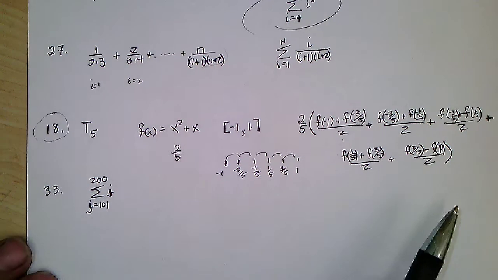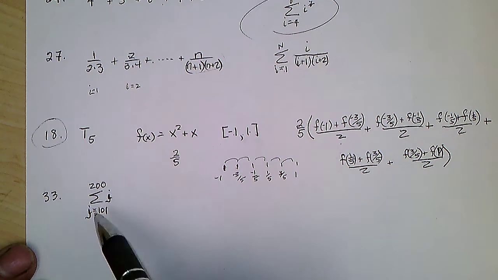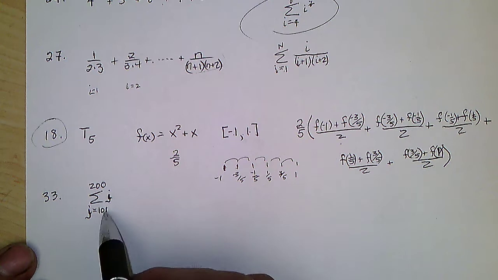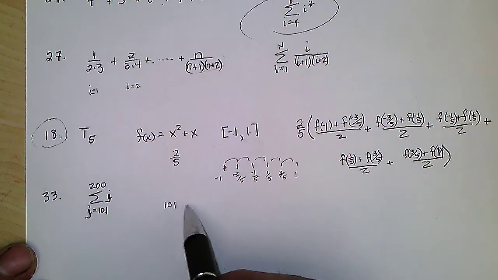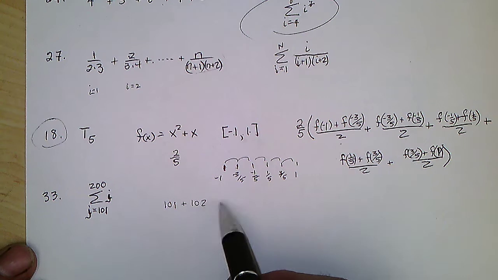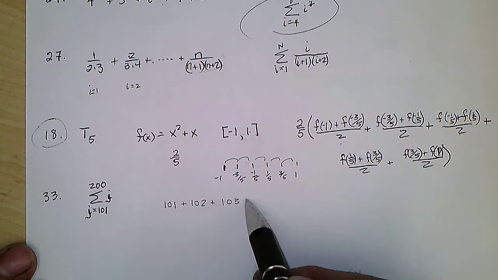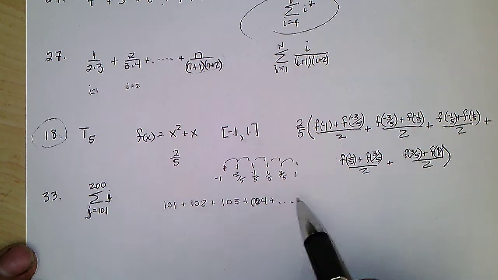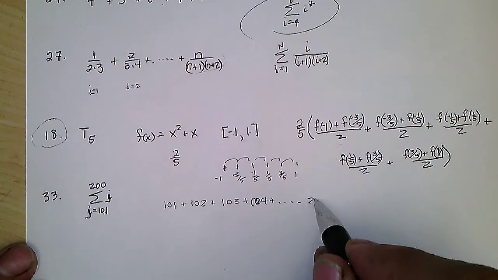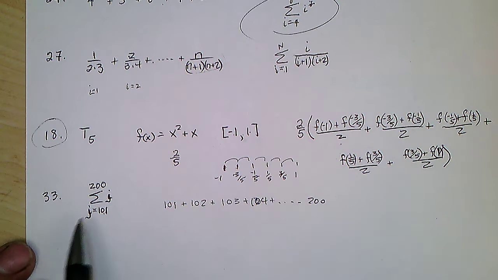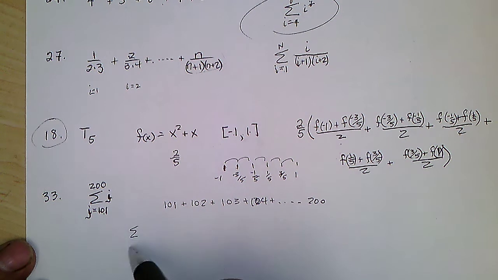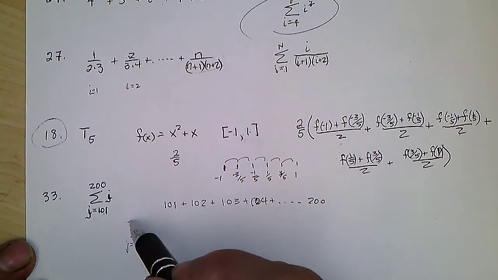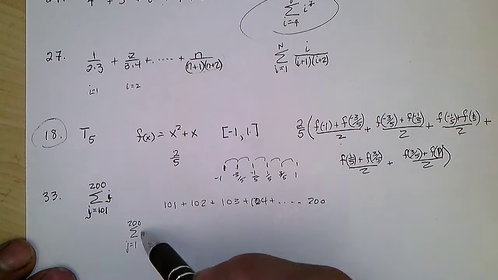Okay. This said add the numbers. This says if j starts at 101, then we're going to put 101 in there and get 101. Then we're going to get 102. Then we're going to get 103, etc., up till j becomes 200. Well, we don't have a formula when it starts at 101. We do have a formula if it started at 1. So we could find the sum as j goes from 1 to 200 using a formula,